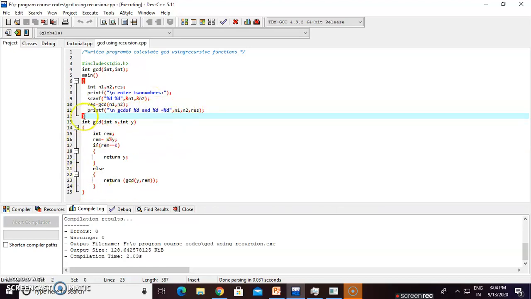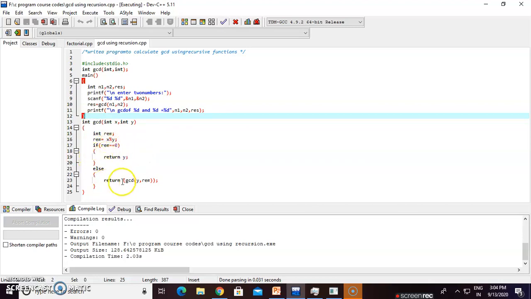Now this is our recursive function of GCD. I will show you how to trace the recursive function GCD. In GCD int x comma int y, int rem. In rem we store the value x modulus y. Now check if rem equals 0. If rem equals 0, then we return the value of y.